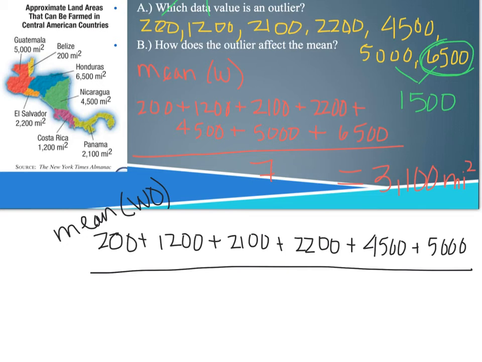And because I took that outlier out, I am now going to divide by 6 data points. So when we add up the numerator and divide by 6, we get